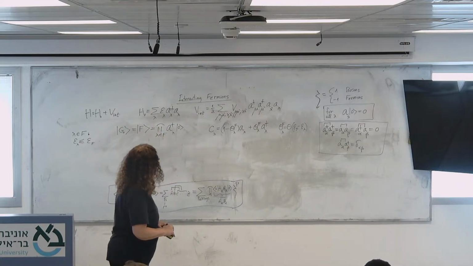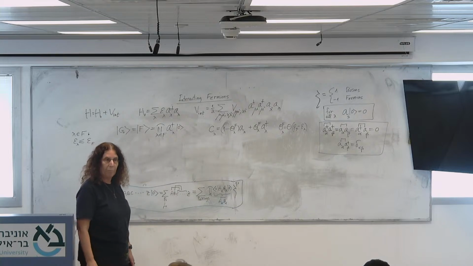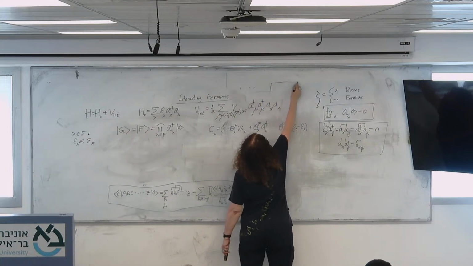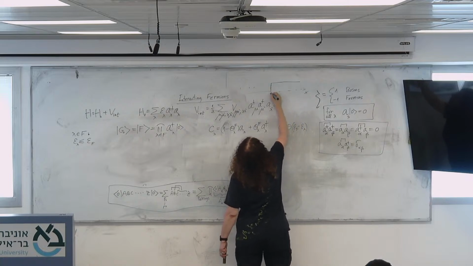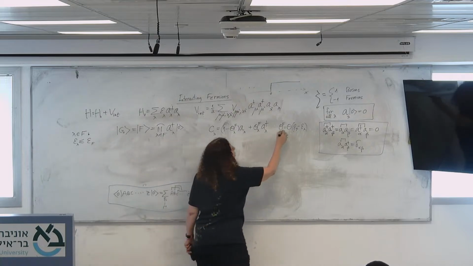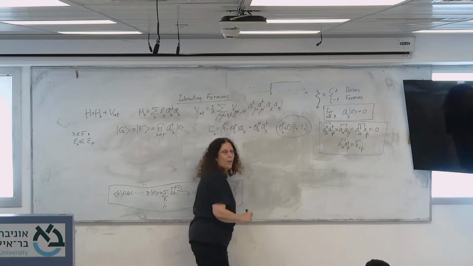But if E lambda is bigger, you get 0. Okay? It's the theta function of x. Okay, so that's just a shortcut notation